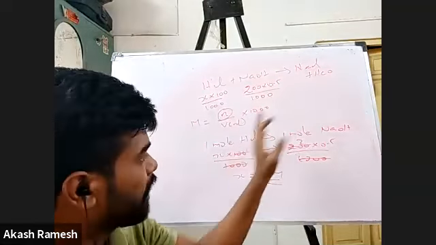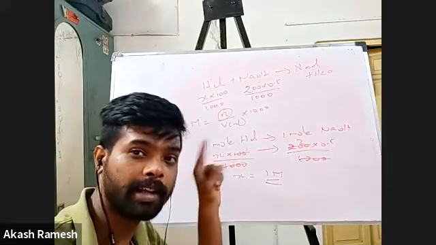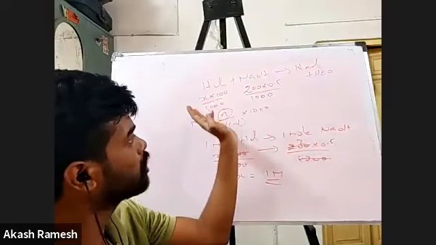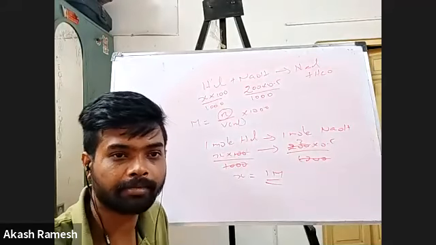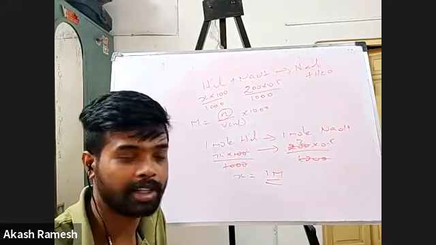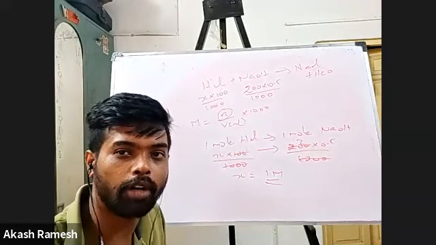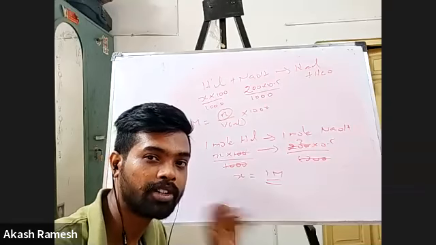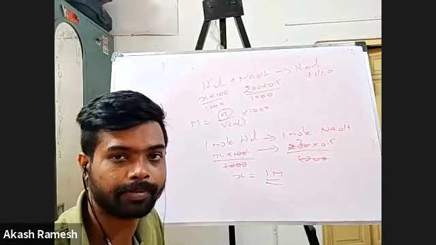So in this way, if I have an unknown solution whose concentration is not known, I will be able to titrate with a solution whose concentration is known, and by stoichiometry, I will be able to find the concentration of this unknown solution. Guys, did you understand the overall view of titration? Yes, sir. Okay, so basically I have to use a solution whose concentration is known, do the stoichiometry and get the answer. Very, very simple. Okay, fine.